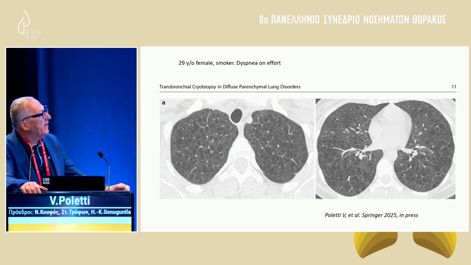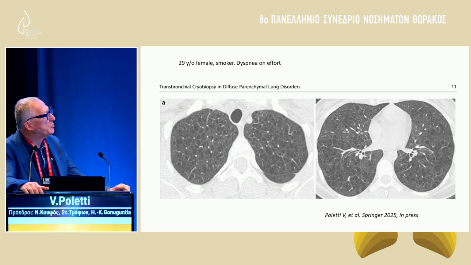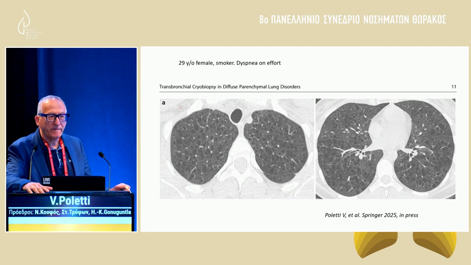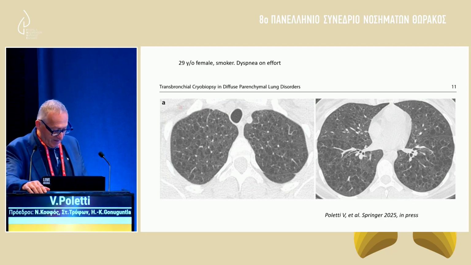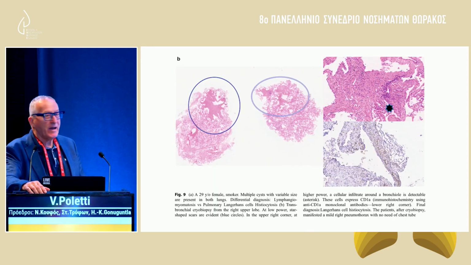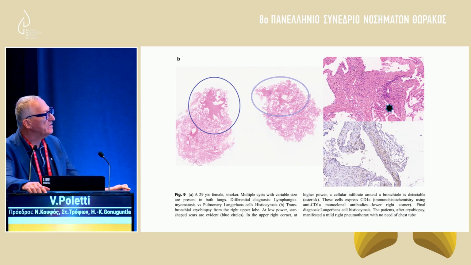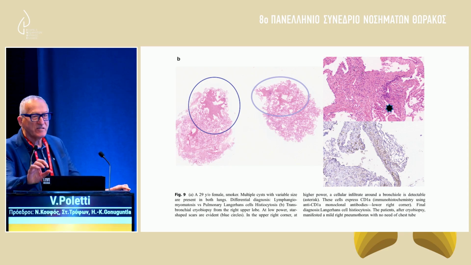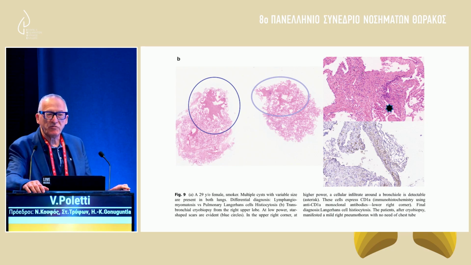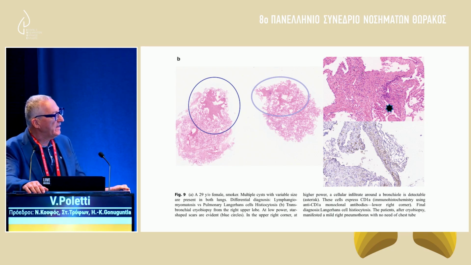This is a 29-year-old female smoker sent to us with a diagnosis, a hypothesis of lymphangiomatosis. What do you do here? We have a lot of things. I personally made the cryobiopsy, and this is the diagnosis. Langerhans cell histiocytosis, scars, accumulation of histiocytes marked by CD1a, and you perform molecular biology in the tissue, assessing the MAP kinase